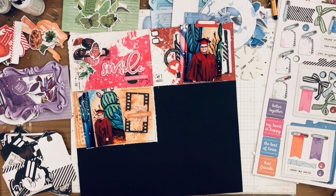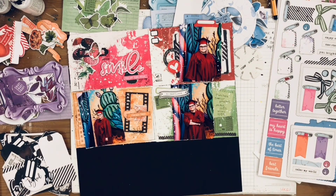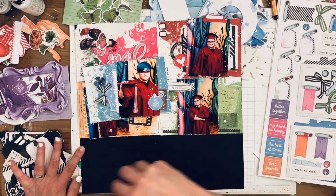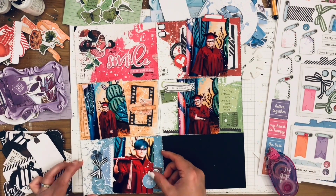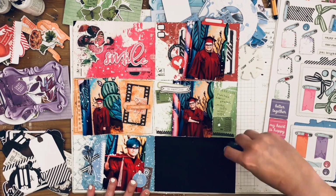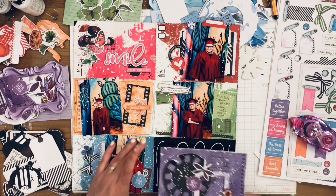So here I realized my green was not distressed around the edges, so I had to distress that really quickly. And then, oh, excuse me, my throat has an itch in it. So here I'm just finishing this up, and then that's going to be it, and I'm going to leave you